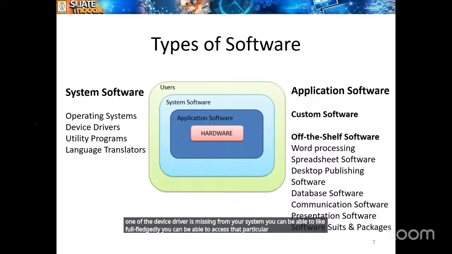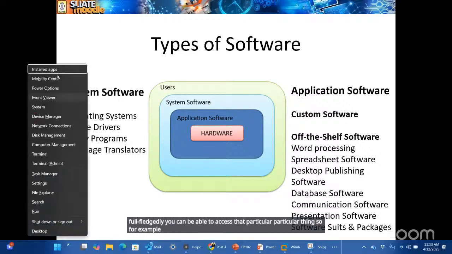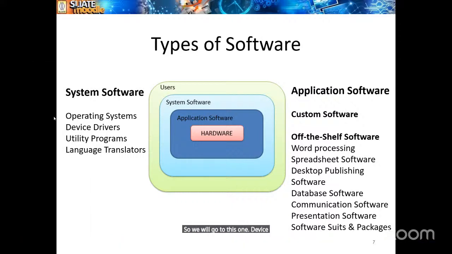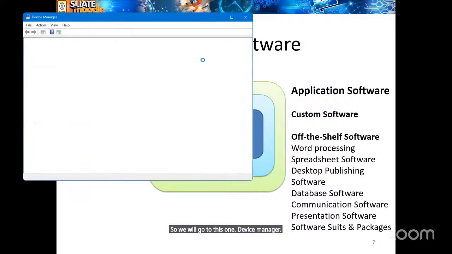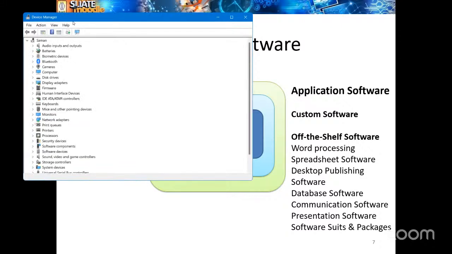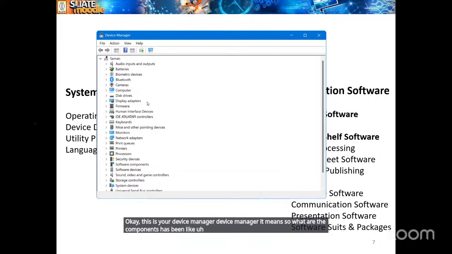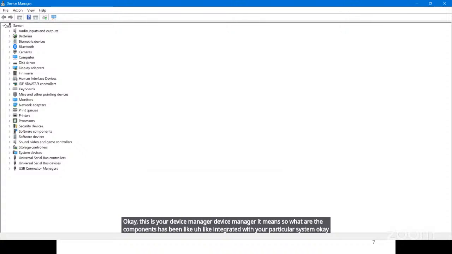particular thing. For example, we will go to Device Manager. This is your Device Manager. Device Manager shows what components have been integrated with your system.